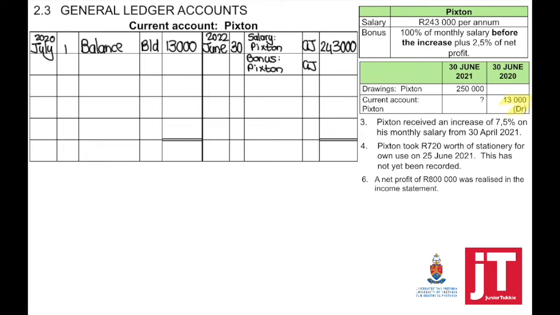He's entitled to a bonus, but now they said to us 100% of the monthly salary before the increase plus 2.5% of the net profit. This means we now need to find out what was his salary before the increase. So if we go to the additional information, Pixton received an increase of 7.5% on his monthly salary on 30